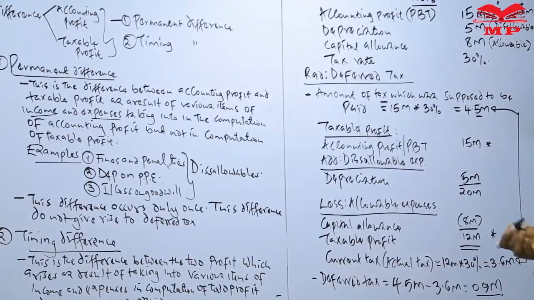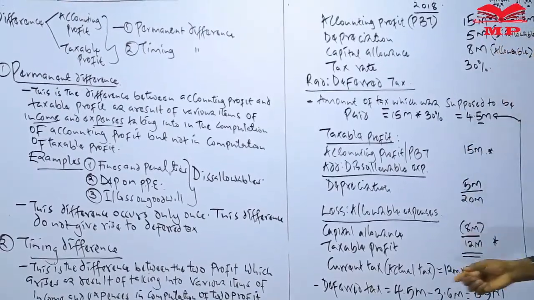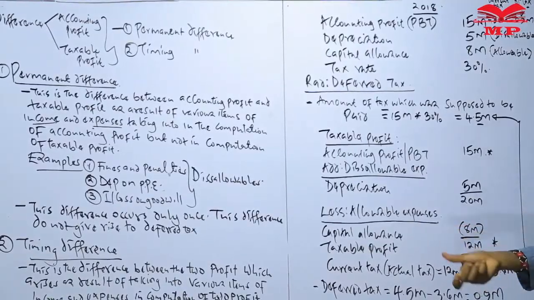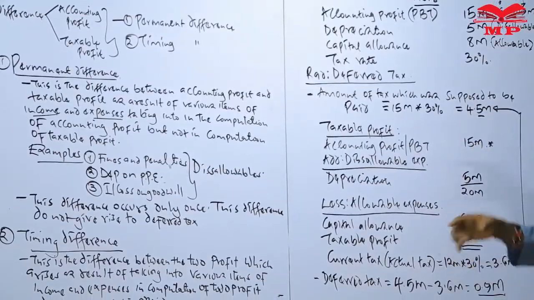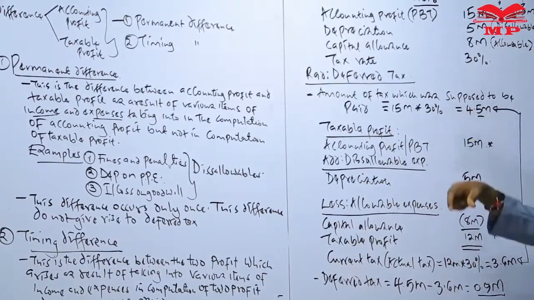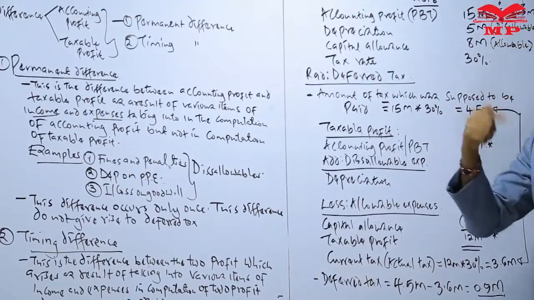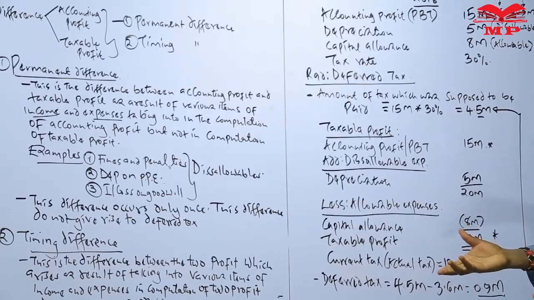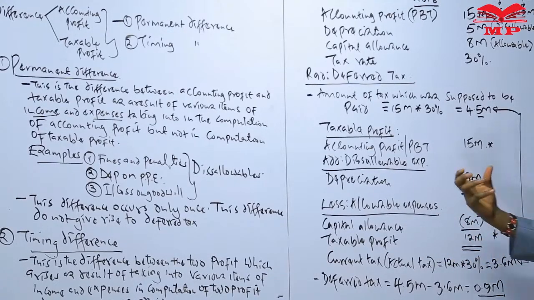tax. Basically, deferred tax is not a tax which will be paid during the current year, but we have said this is just like a provision, because during the current year the company was supposed to pay 4.5, but it has paid 3.6. So therefore the company should provide for the less tax it was supposed to pay during the current year, because by the end of the day it will have to be paid in what? It will have to be paid in future. So therefore, in very simple terms, that's how deferred tax